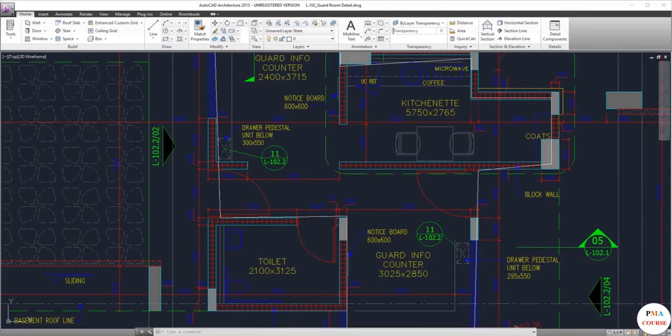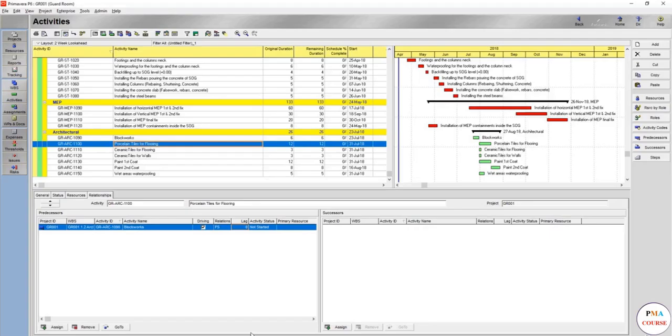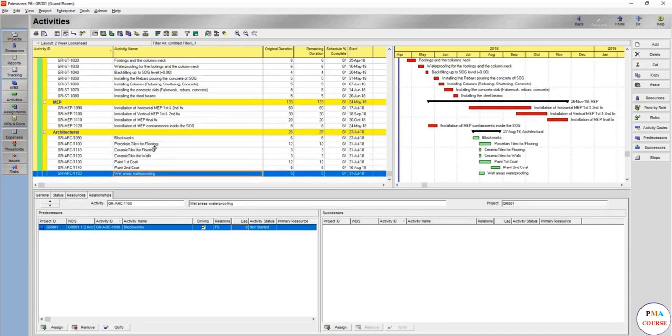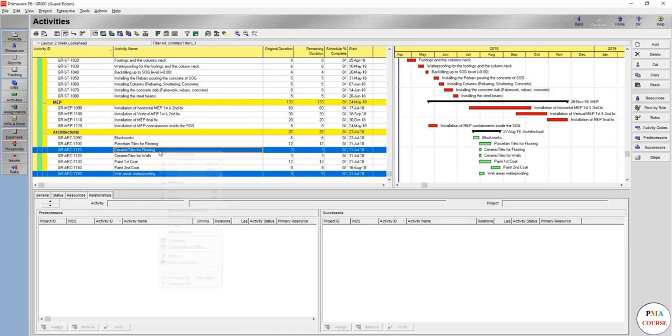So in our case, we are going back. In our case, we are going to link the wet areas waterproofing to the ceramic tiles by finish to start. It's a small area, so we need to start and finish to finish. And again, after this,